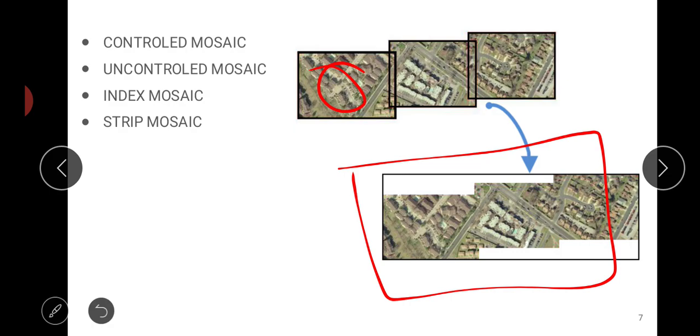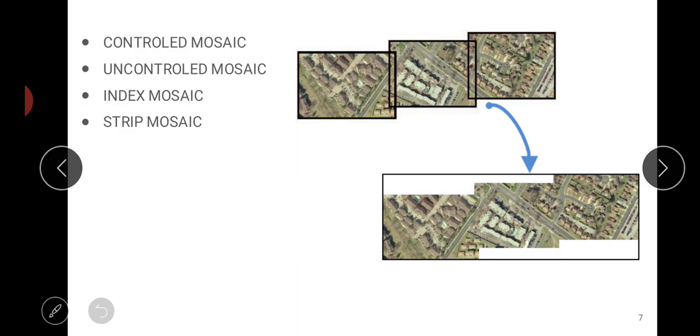There are ground control points which are not visible in this image, but they are present. So there is an overlap happening here. When they are arranged in series in terms of strips, that is called a strip mosaic. I hope you all are clear with the concept of mosaicing.